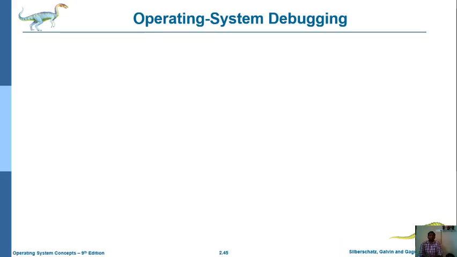Okay, right. So in today's session, we are going to discuss operating system debugging. You already know what is meant by debugging: we are checking whether there are any errors in our implemented code or program. That is nothing but debugging. Here we not only check for errors, we also check for any possible hidden errors in that particular code. For that purpose we perform debugging.